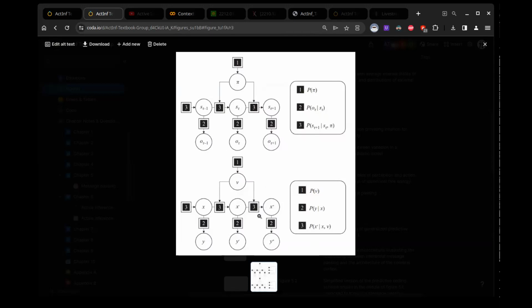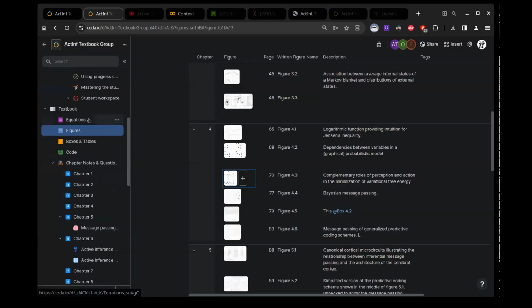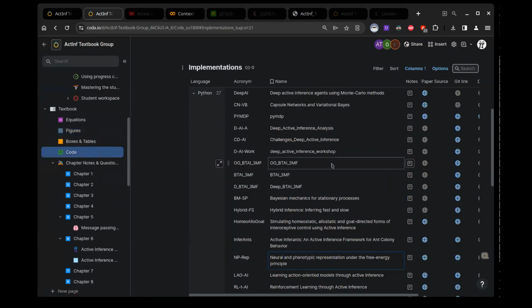And a lot of the work right now on the analytical and formal side, for example with category theory, is to understand the compositionality of these models. Like, can we really attach this to that in principle? And then a lot of the computational work, which you'll see in the code section, uses techniques from computer science broadly, like search on large trees and branching and pruning on trees, using these computer science and engineering approaches to make running large active inference models more tractable.